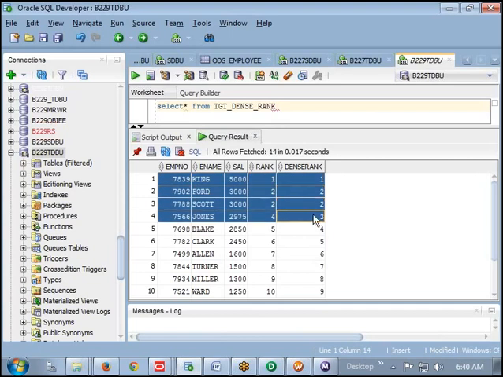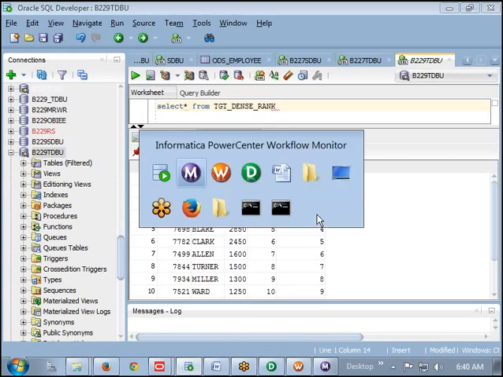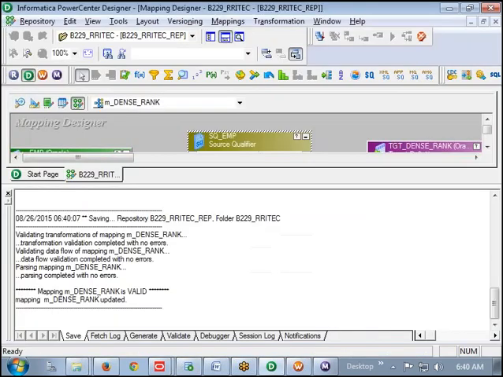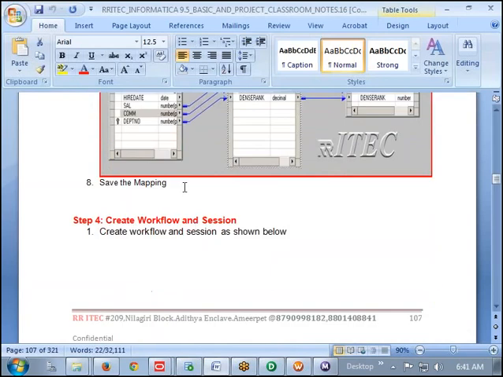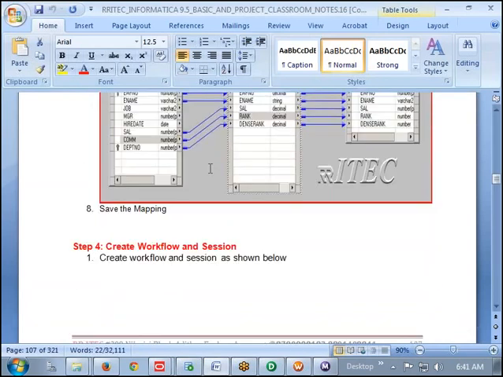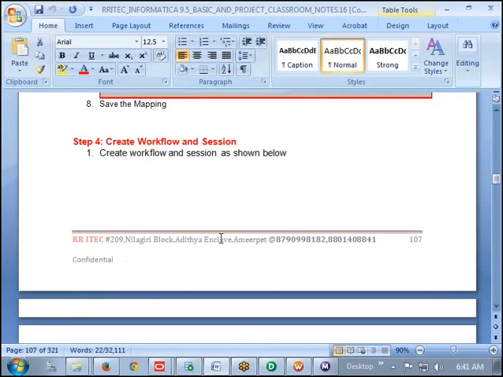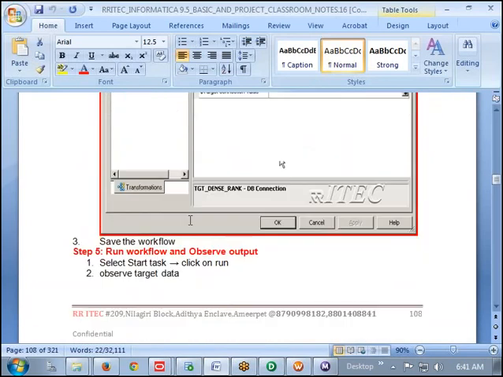We got the results properly. So any functionality which is not available in Informatica, we are going to achieve by taking the help of what? SQL override. We connected this one, created the workflow and session, and then we did this.